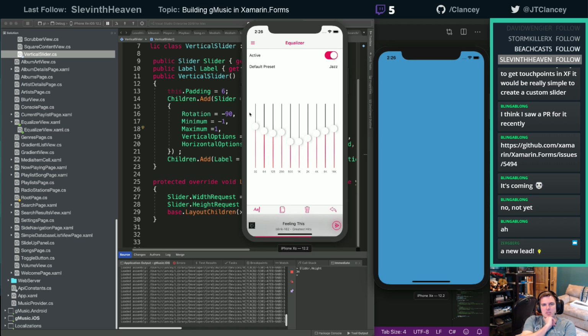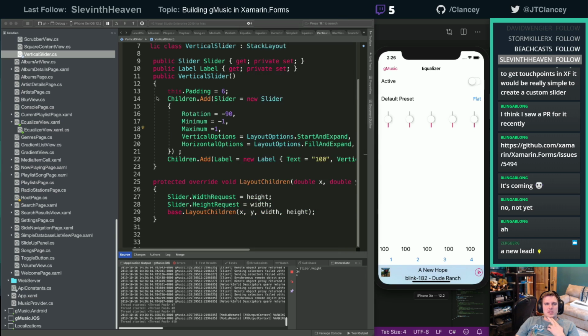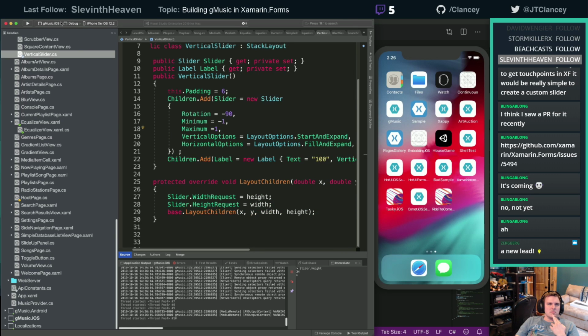Maybe we'll just do this. What happens when I do this on Android? How does Android handle this? That's a good, interesting question. I am tempted just to custom render this thing and be done.